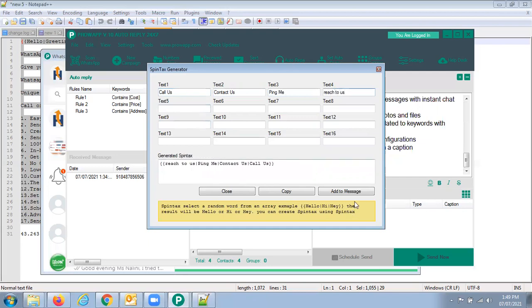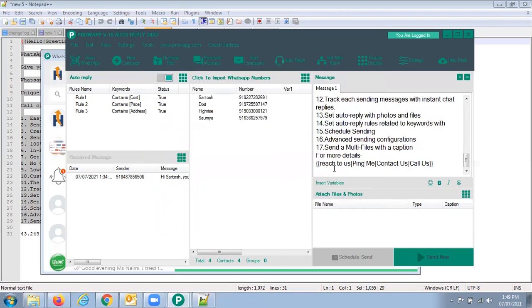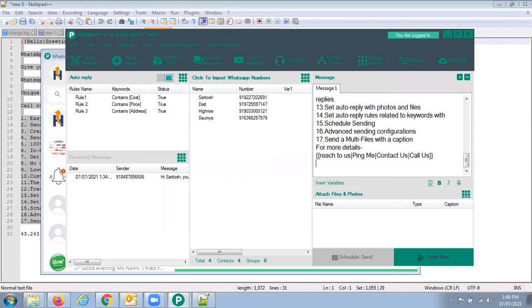So what will happen? It will add it here, and after this, I will write my number. So someone will get "reach to us," someone will get another variation. So it will give the uniqueness of the message.